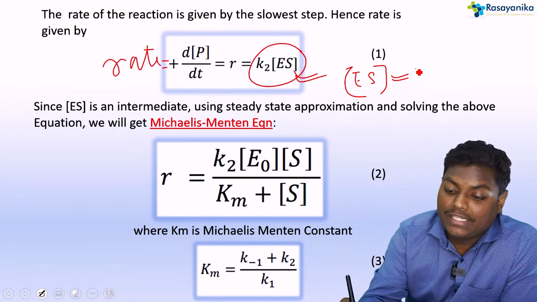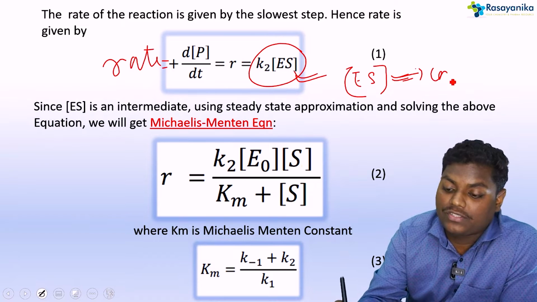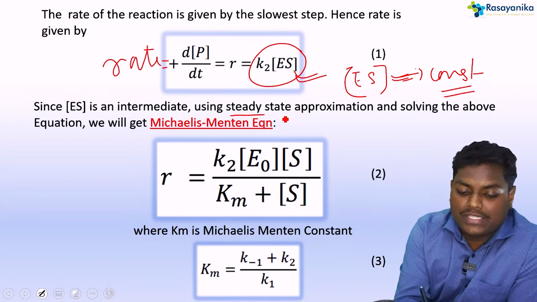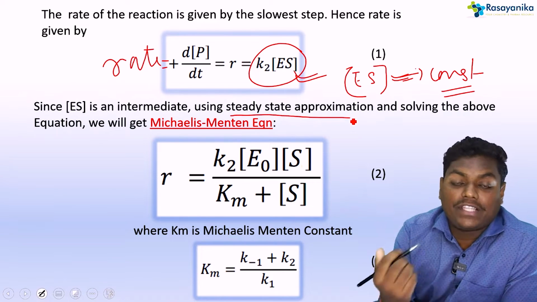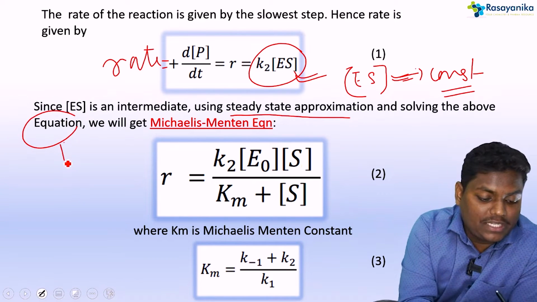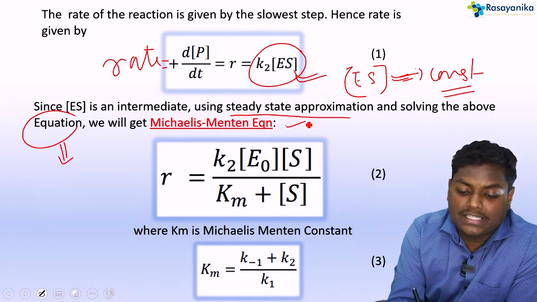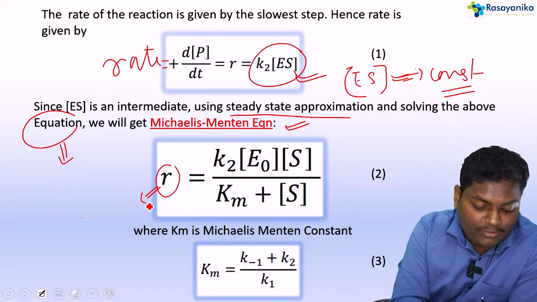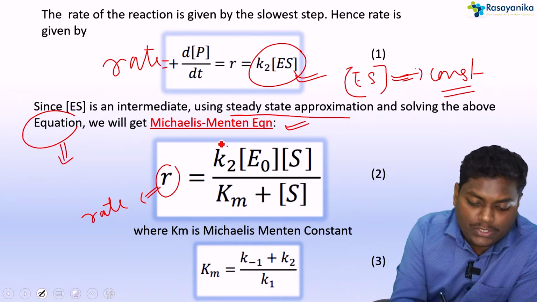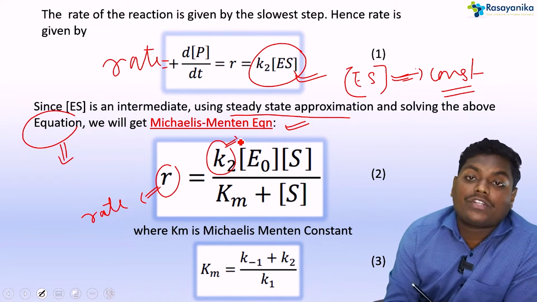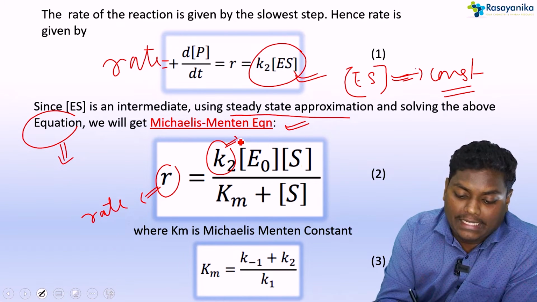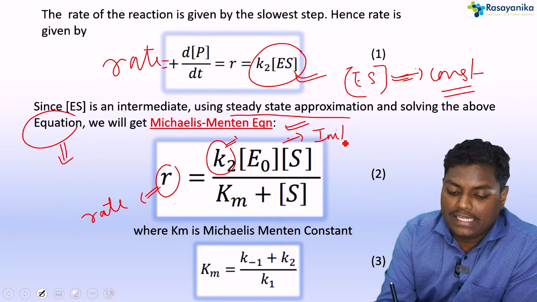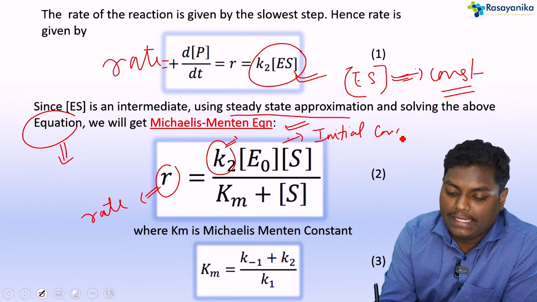So eventually its concentration is constant in this reaction. Hence, we can use the steady state approximation, and solving the equation by changing various parameters, we will get the Michaelis Menten equation. In this equation, R is the rate of the reaction, K2 is the rate constant of formation of the product, and E0 is the initial concentration of enzyme,